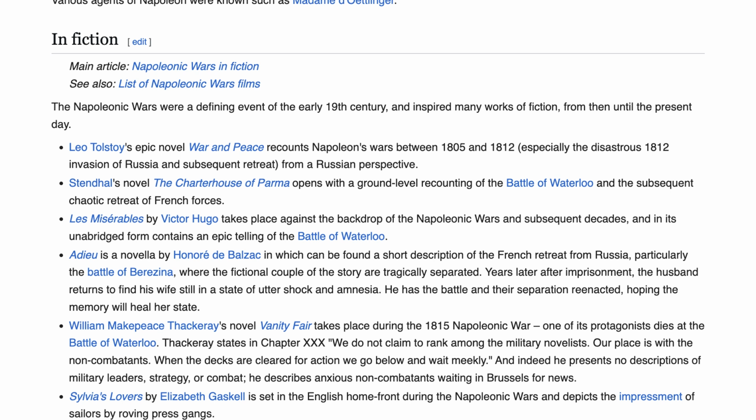Sylvia's Lovers by Elizabeth Gaskell is set in the English home front during the Napoleonic Wars and depicts the impressment of sailors by roving press gangs. The Duel, a short story by Joseph Conrad, recounts the story based on true events of two French hussar officers who carry a long grudge and fight in duels each time they meet during the Napoleonic Wars. The short story was adapted by director Ridley Scott into the 1977 Cannes Film Festival's Best First Work Award-winning film